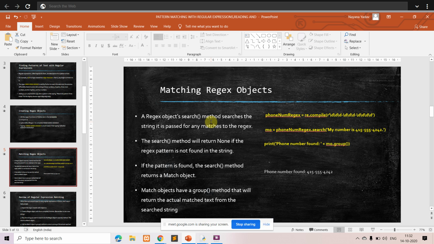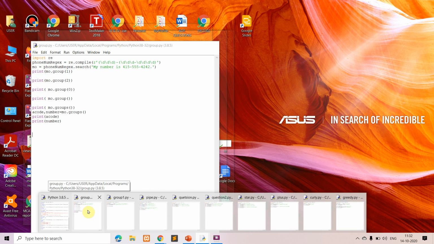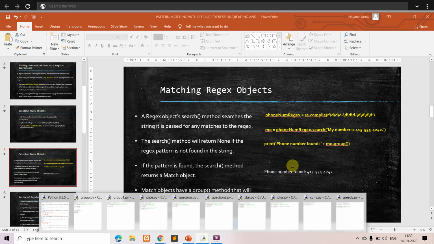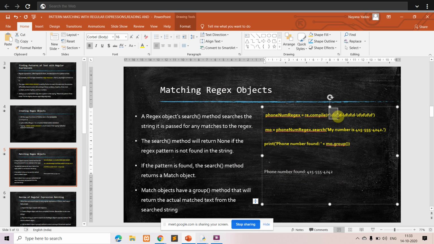That is the regex search method, which is going to search for the given pattern. So we'll just see with an example. Here we can see, what is our pattern? Our pattern is 3 digits followed by a hyphen, again 3 digits followed by a hyphen, then 4 digits, and you have used this r representing the raw string, which will nullify the escape character's action.